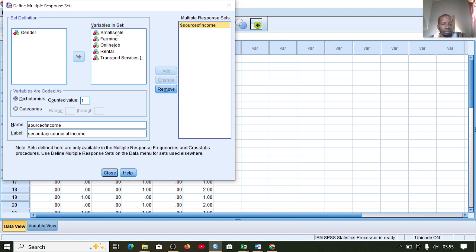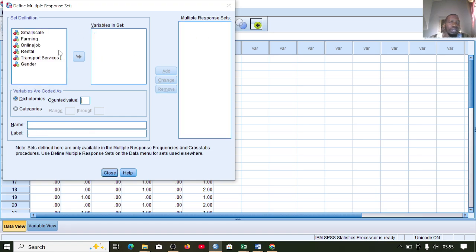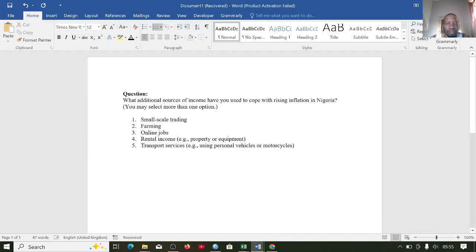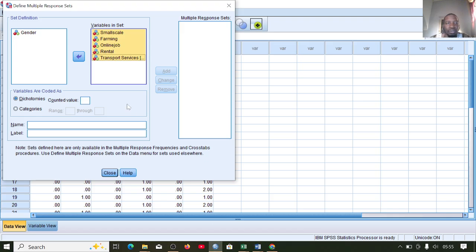Let me select all of this. Let me take them here. So let me remove this. Okay, first of all, I need to select all these options excluding the gender. Because in the questionnaire you can see here these are the 5 options, so I need to select them all. So I need to identify, or I will need to give a number